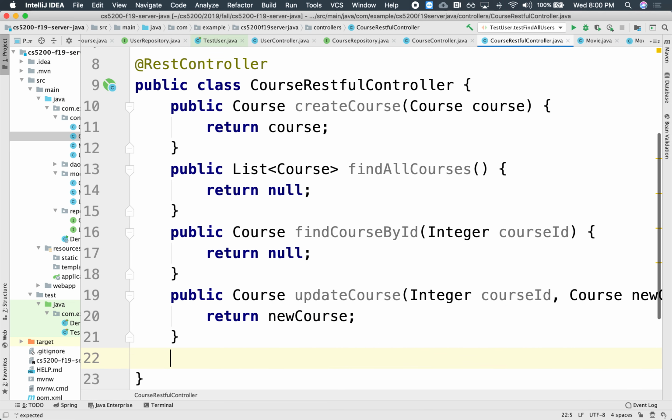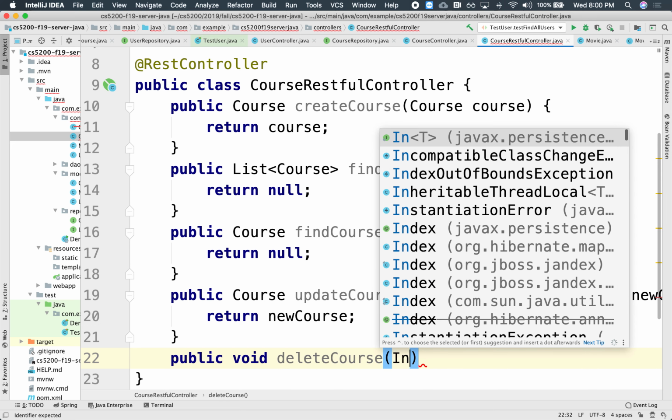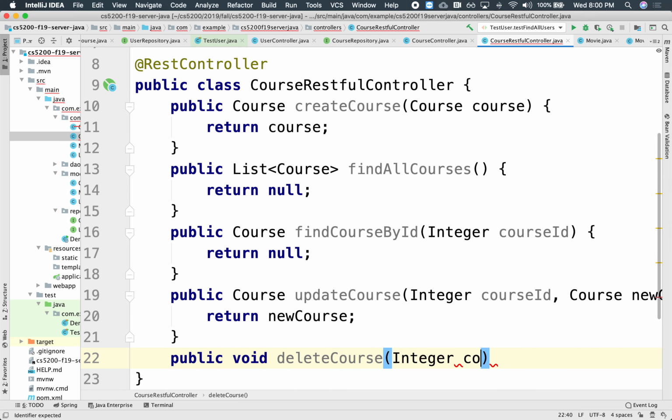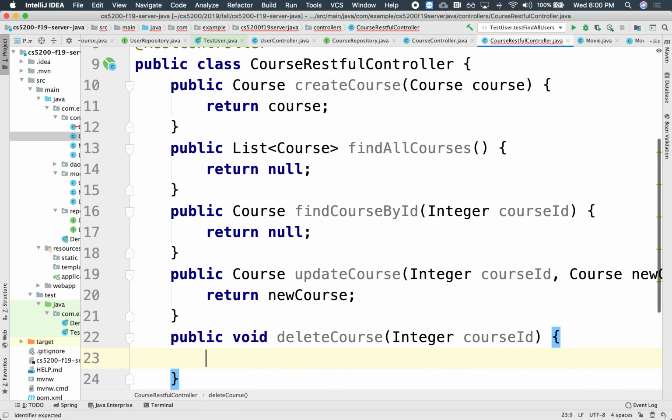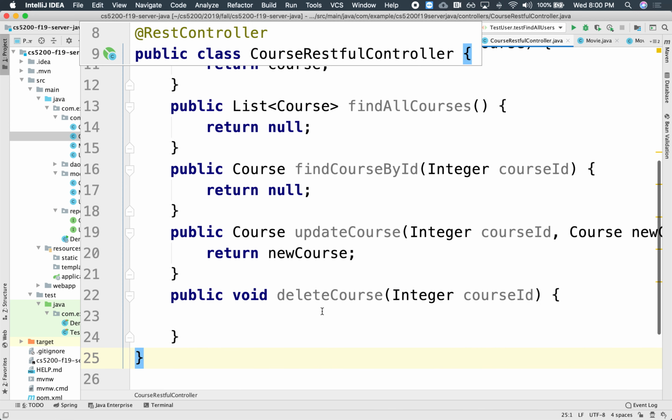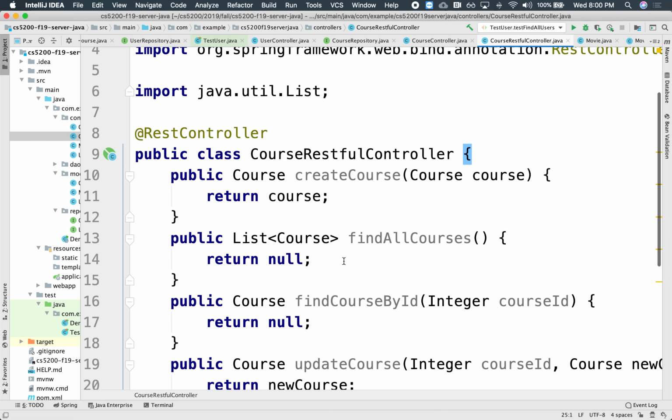And finally, we'd like to be able to delete. Public void delete course, integer, the ID of the course that we want to remove. Okay, and these are the 4 or 5 CRUD operations that we would expect any DAO or any data access layer to provide. Okay, so according to the RESTful